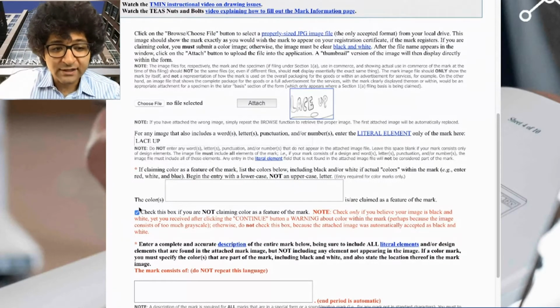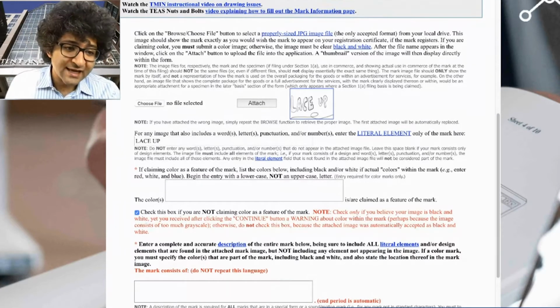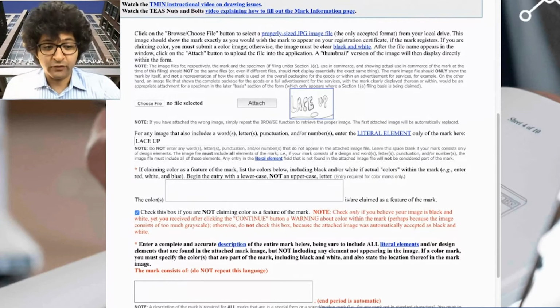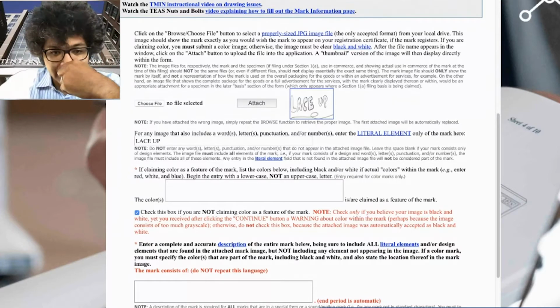Again, if I was claiming color as a feature of the mark, then I would submit a color drawing, right? That's why in my notes here, I say grayscale, black and white. This isn't always the case, but it's pretty much always the case, unless you really are using color as a source identifier. One thing I want to say also is